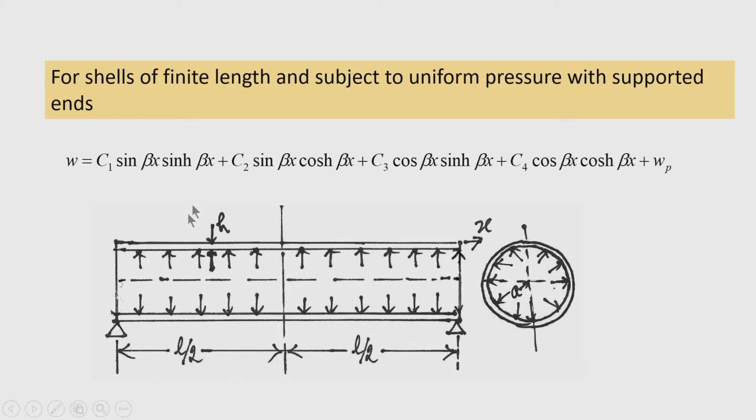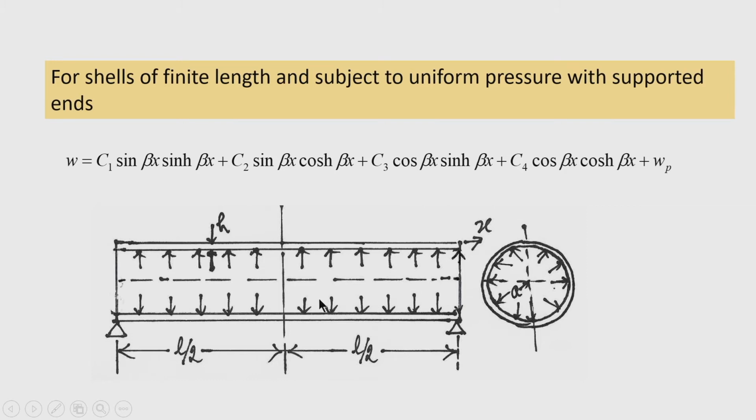So, here I consider a shell of length L. It is a closed shell and it is subjected to uniform internal pressure. The thickness of the shell is h and the length of the shell is L. So, for convenience we take the center of the shell as the origin. There is a point of reference from which we measure the distance x. The cross section of the shell is shown here and it is subjected to internal pressure that is acting radially.